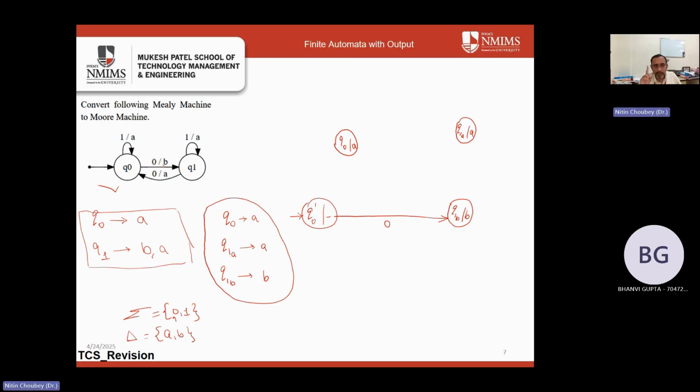Q0 on the input of 1, we are generating output A and the transition is to Q0. That means we're not talking about itself. Rather, here we are talking about this, wherein the output associated is A with Q0. This is nothing but just a variation of this Q0, so ultimately its functionality will remain the same. On the input of 1, we will have a transition to itself, whereas on the input of 0, we will have a transition to this